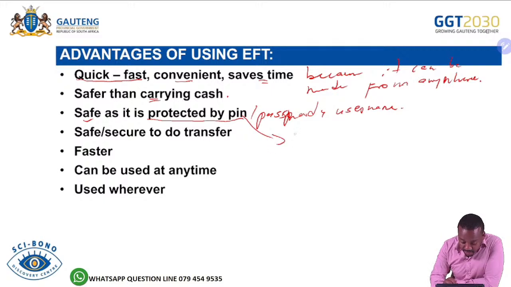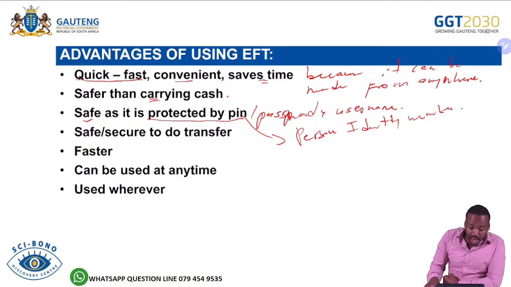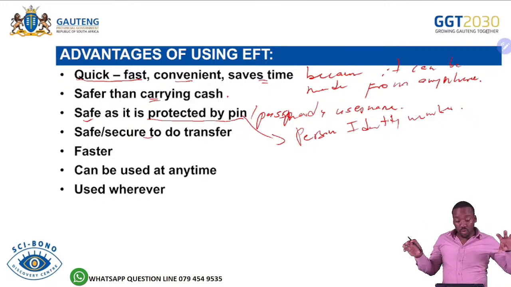It is personal identity number. Obviously, your PIN, it is for you. It is not your ID. No. Then we are saying it is a safe or secure way to do what? Transfer. Obviously, remember what we said here. It is a transfer between what? 2 people. And both of you will have what? Internet banking accounts. So it is very safe because you would know whom you are paying or making a